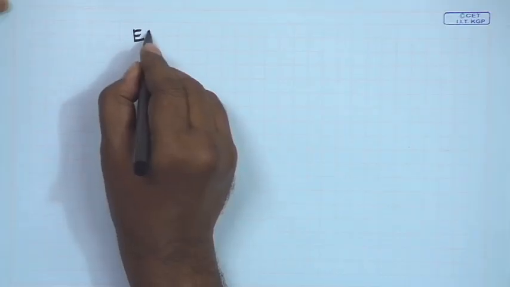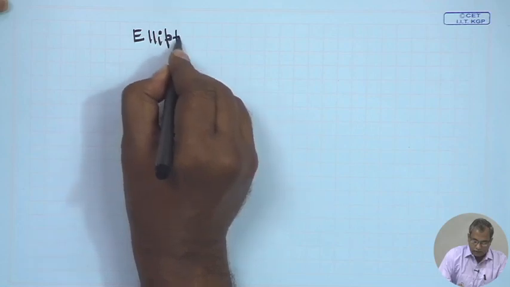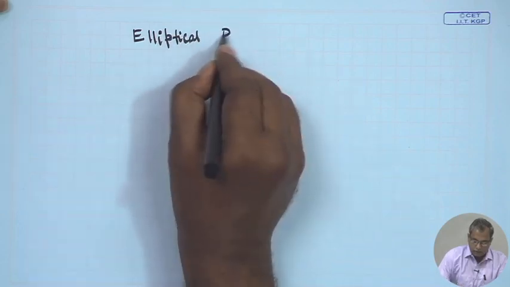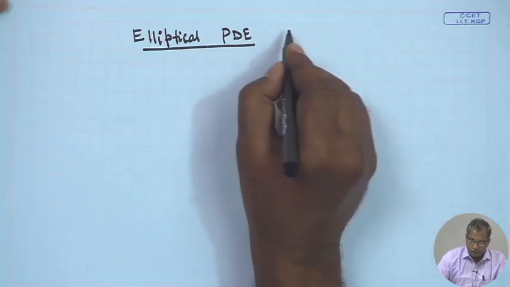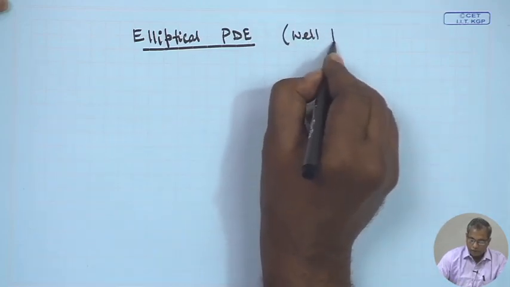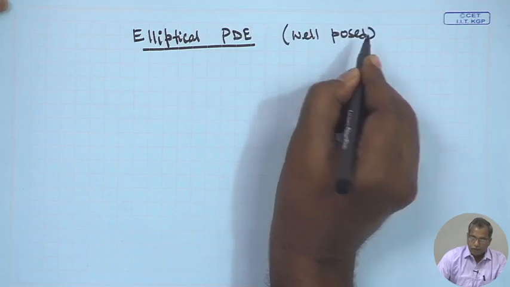Welcome to this session. So, we are looking into the solution of elliptical partial differential equations, which will be representing the steady state of any process. So, let us look into a two-dimensional elliptical partial differential equation, and we will be looking into the ill-posed problem,